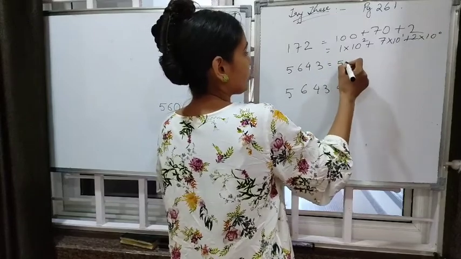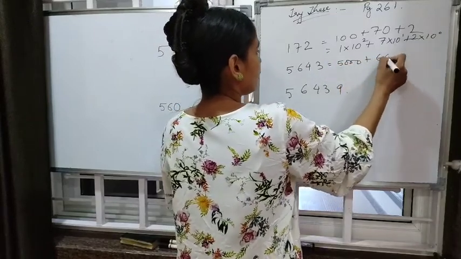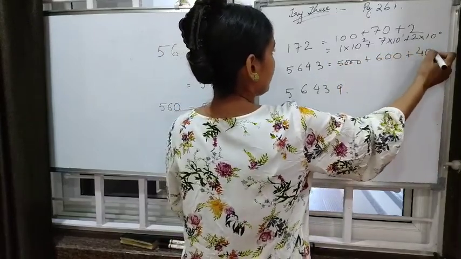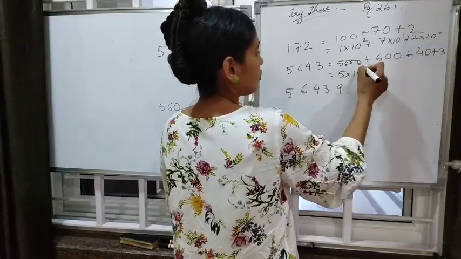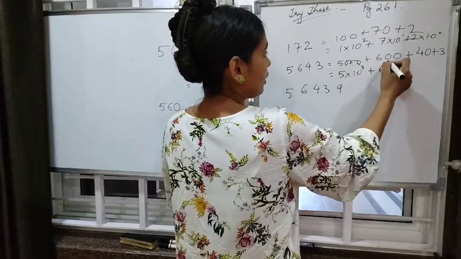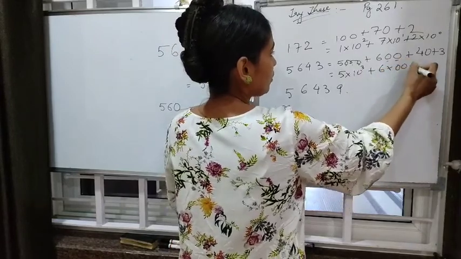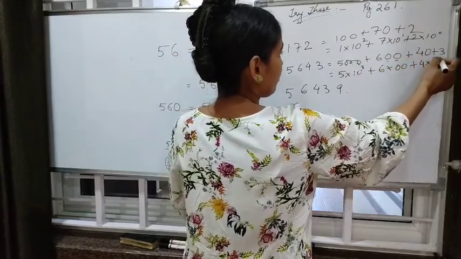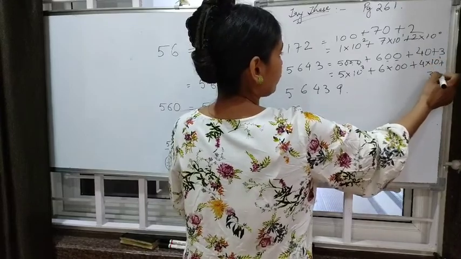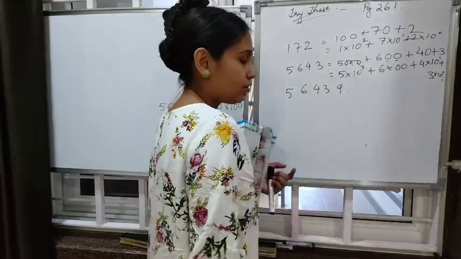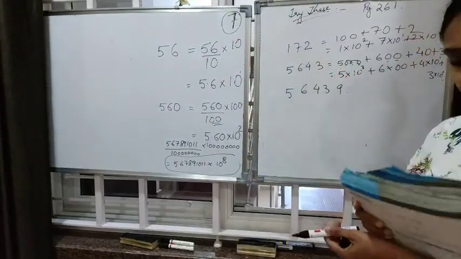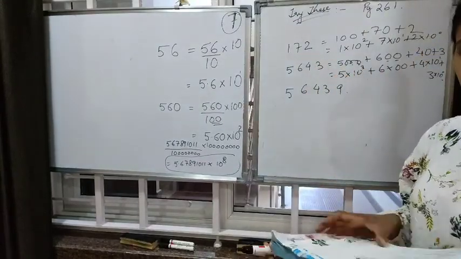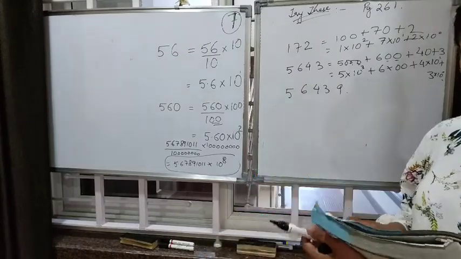Similarly, this becomes 5643. So 5 into 10 to the power, how many zeros? 3. So 3. 6 into 10 to the power, how many zeros? 2 zeros. 4 into 10 to the power 1 plus 3 into 10 to the power 0. Okay, children, so this is how we have to do this. Try These. So we are going to do only 2. Okay. Now, let's start exercise